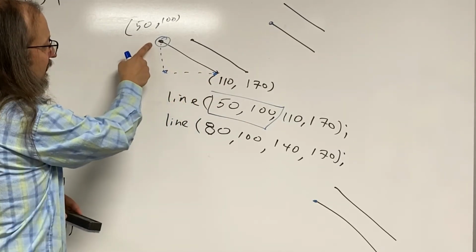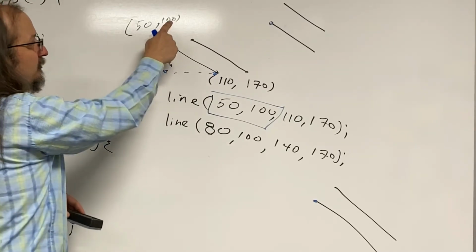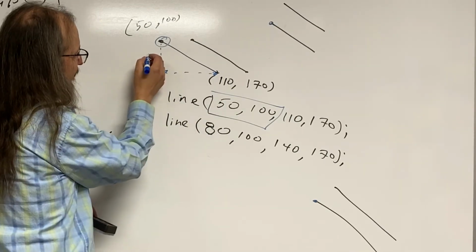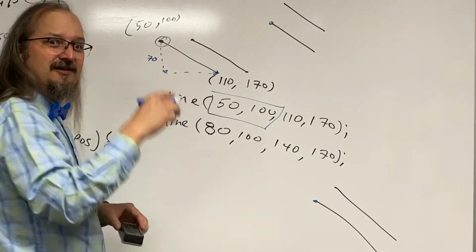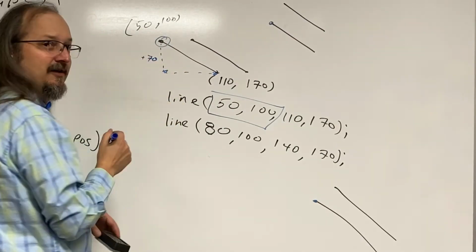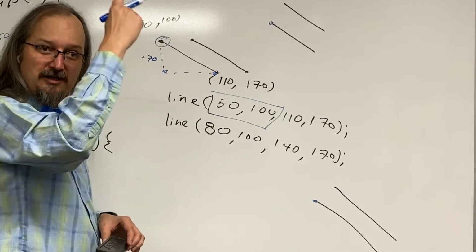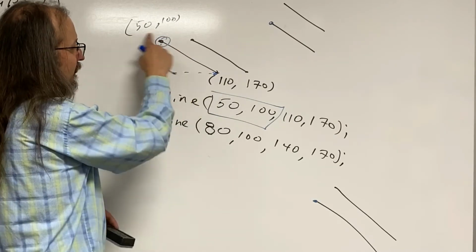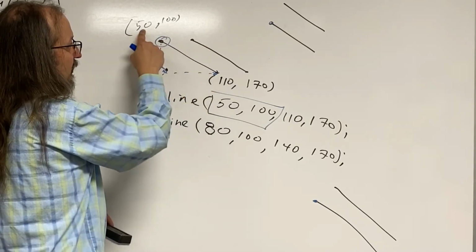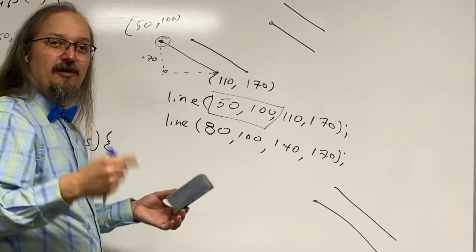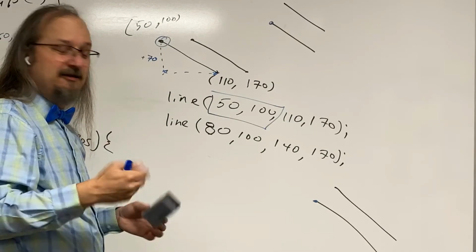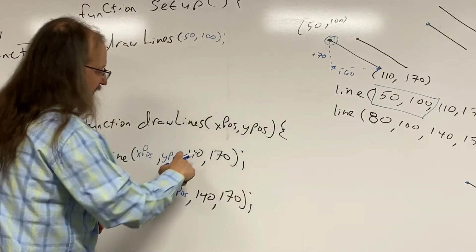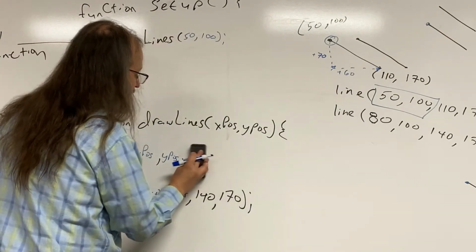How far did I have to go down from here to here to get from 100 to 170? This is 70 away, right? And it's down, so that's a positive 70, right? If it had gone up, it would be a negative 70 because up is getting smaller. To get from, again, from here to here, I had to go to the right. How far to the right did I go to get from here to here? Well, I went from 50 to 110. So how much do I have to add to 50 to get to 110? I need to add 60. So instead of these numbers, what I'm going to write is